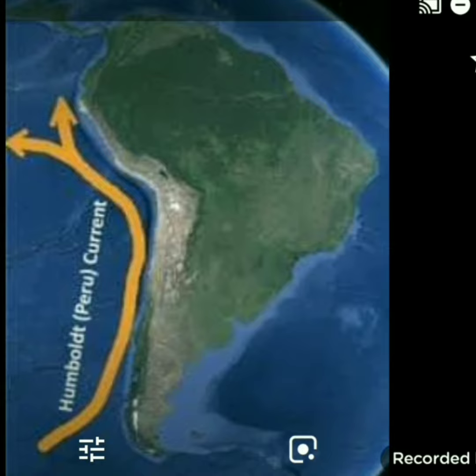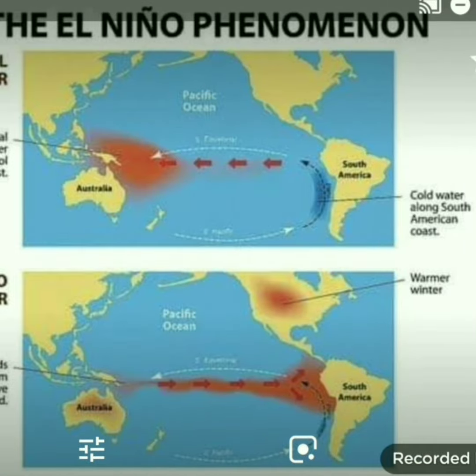This is the Humboldt Current, which flows along the western coast of South America. It flows from south to north along the coast of Peru and is caused by the northward direction of the West Wind Drift. It affects the coastal climate of Chile and Peru. But in an abnormal year, this is the only current in the world which changes its temperature and becomes warm.